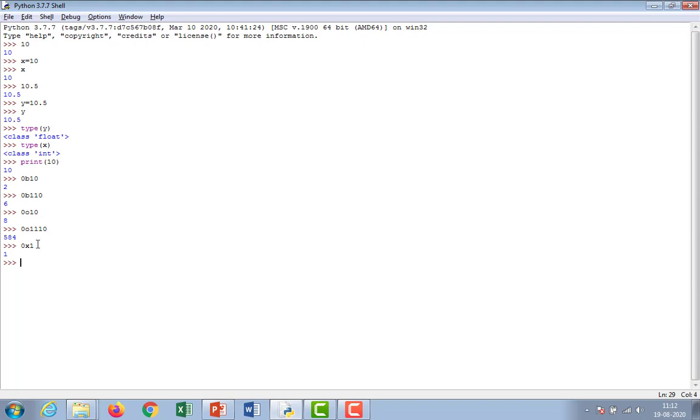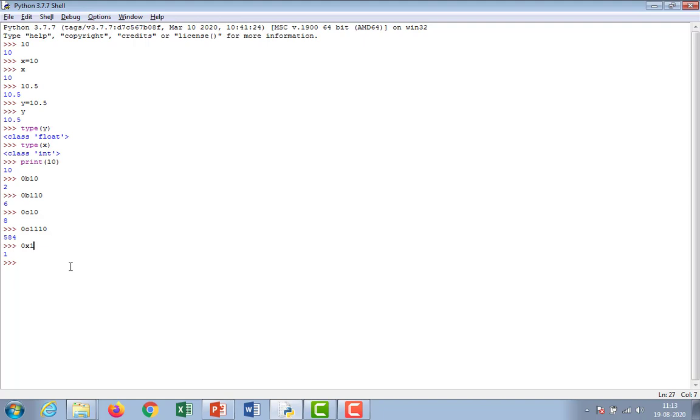So 1 into 16 power 0, with 0 into 16 power 1. Here 0x1 means 0x hexadecimal, only 1 is there. So 1 into 16 power 0, initially power 0, after that power 1, after that power 2. 16 power 0 is nothing but 1.